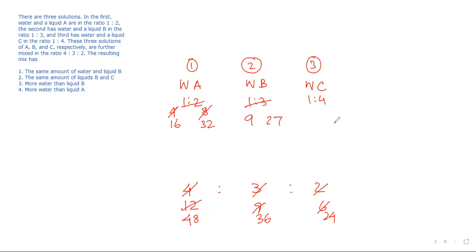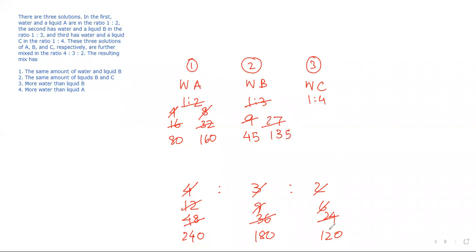1 and 4 adds up to 5. Unfortunately, this is 24, so you have to make it 5 times. So 240, 180, 120. Now, since you multiplied 5 to the first one, you have to multiply 5 here also. 80, 160. 5 here also. So 80 and 160 is 240, right? 5 here also, 45, 135. 45 and 135 make 180.